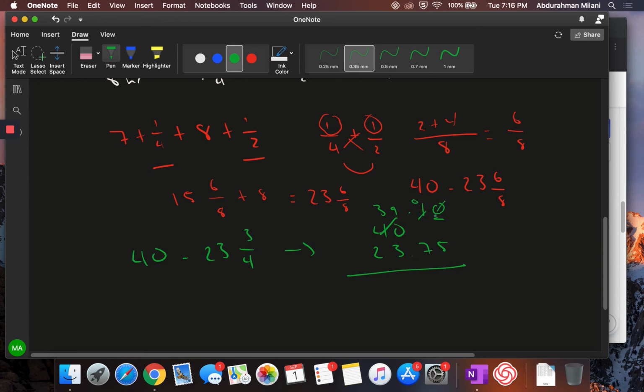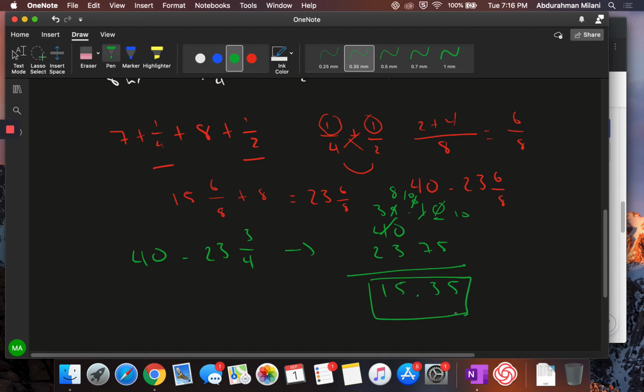That's going to become a 0, and this is going to become a 10. That's 5 right there. So we cannot subtract 7 from 0, so we need to borrow from that. That's going to become an 8, and this is going to become a 10. 7 subtracted from 10 gives us 3. 8 minus 3 gives us 5, and 3 minus 2 gives us 1. So that would be our answer,